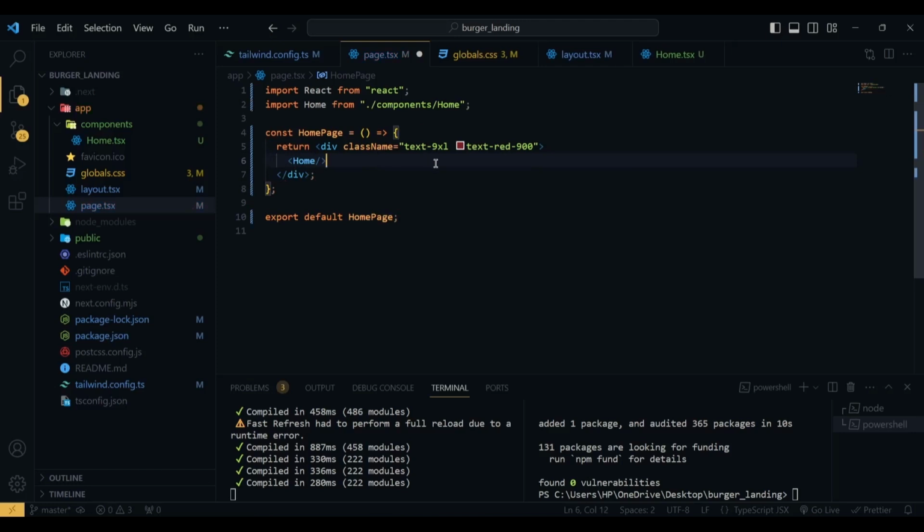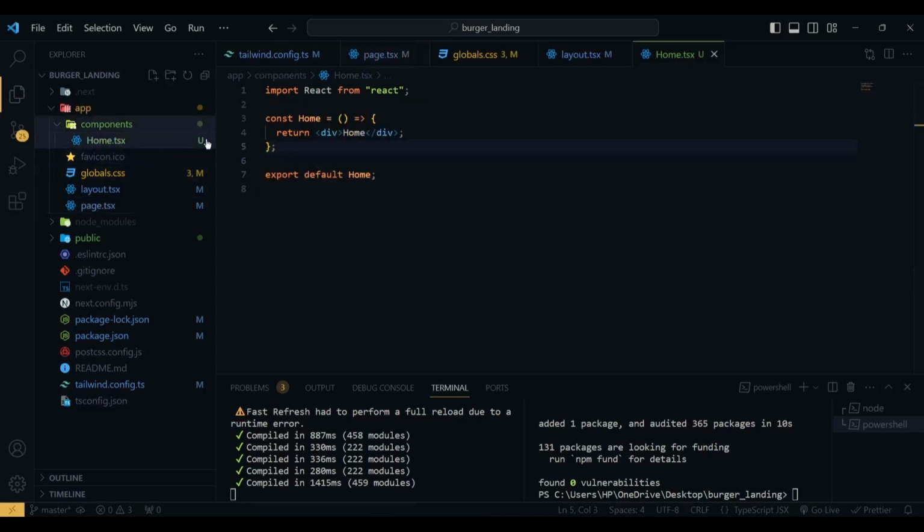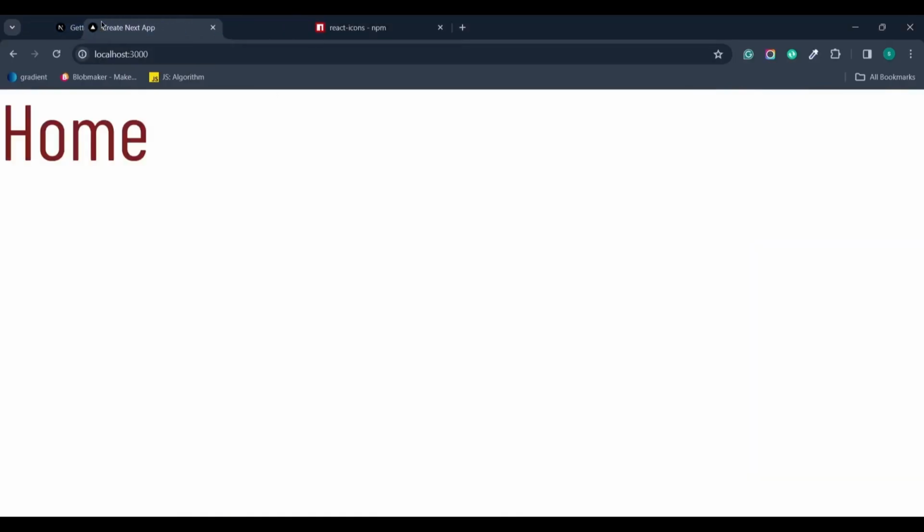So here I add the home component in our home page, and we are going to add all the home page related components here, like the hero section, the feature section, and all the slider section. So this is our main home component. So let's check the browser. So this is our home,